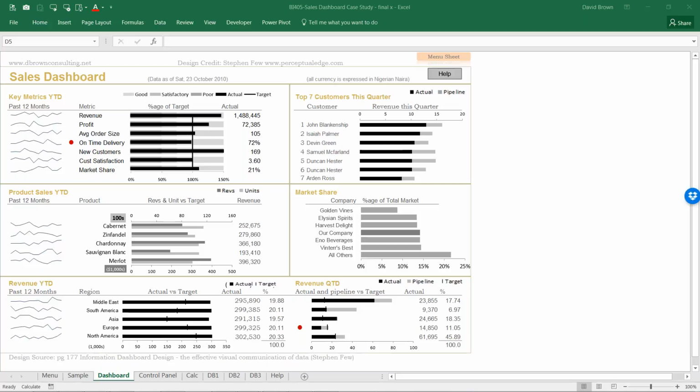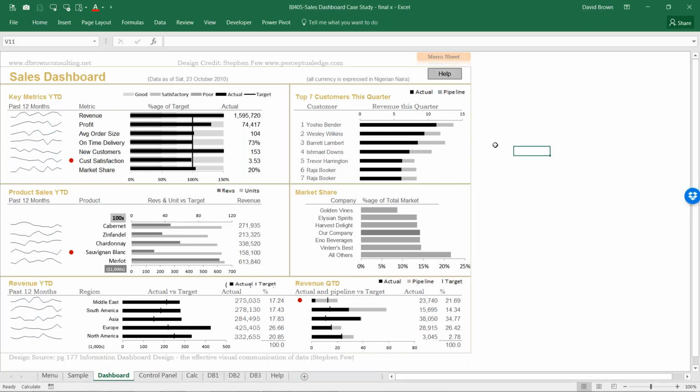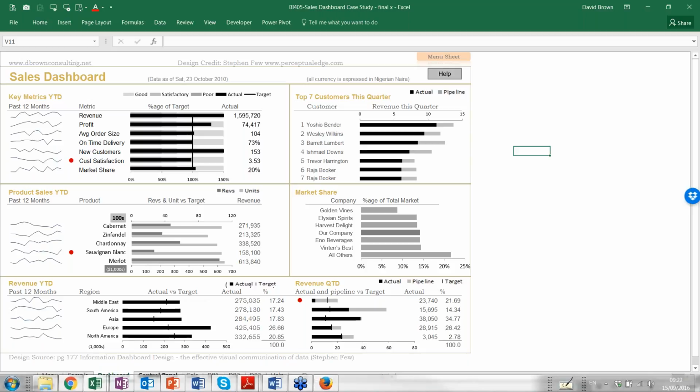All right. If you look at this dashboard, now it looks so nice. If I press F9, you can see that it's updating automatically. What I'm doing here is simulating data changes. As data changes, it updates. The key thing about working with Excel is to try and automate as much as you can. Everything you do, do it in a way that is automatic, so you don't need to touch anything after that. So this data updates automatically. How do we create it? You go to the calculation sheet.